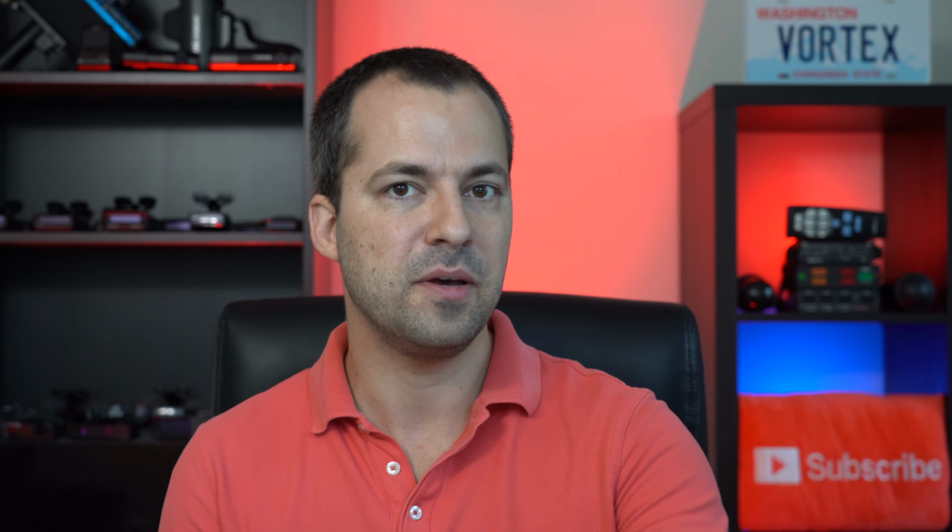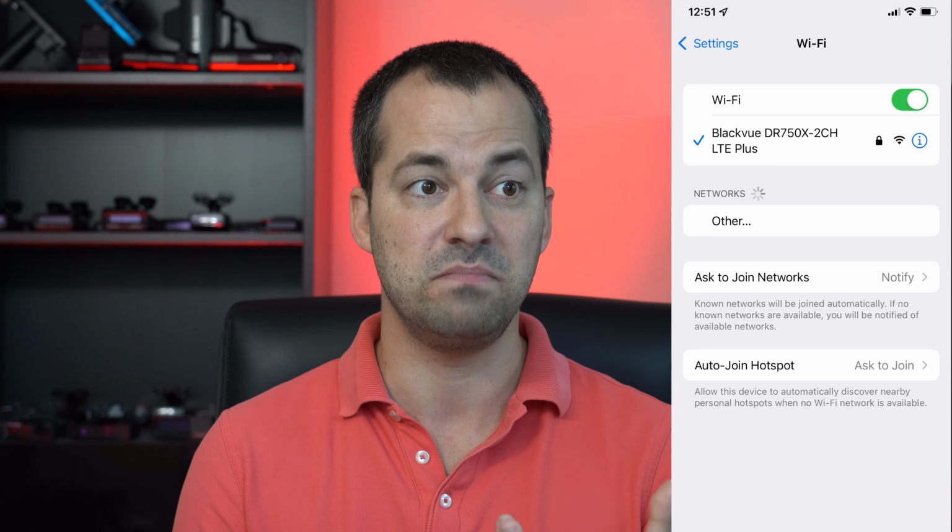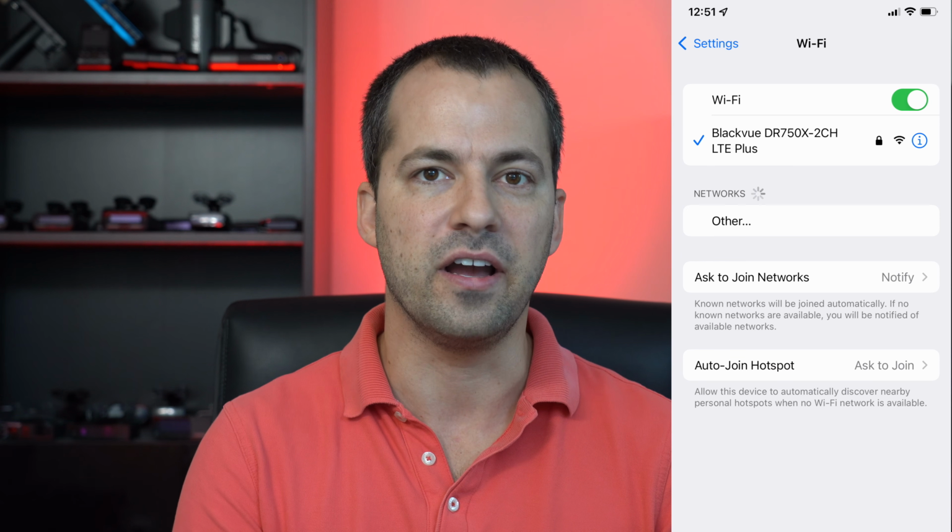Now, one of the nice things about the DR750 LTE series is that you can pop a SIM card into the Dashcam, and it's going to give the Dashcam an internet connection so the Dashcam can connect to the cloud. The Dashcam can also then share its internet connection with other devices in your vehicle by essentially serving as a mobile Wi-Fi hotspot. Now, the previous model could only share its internet connection with one other device. This new model, they've upgraded it so that you can share its internet connection with up to 5 devices,